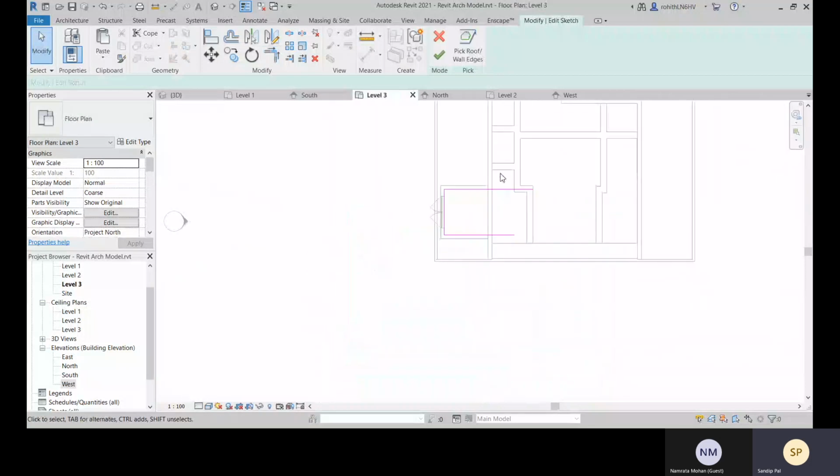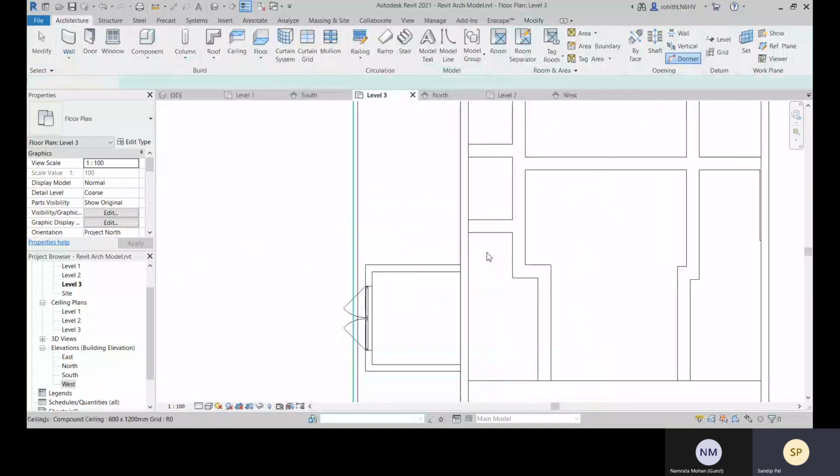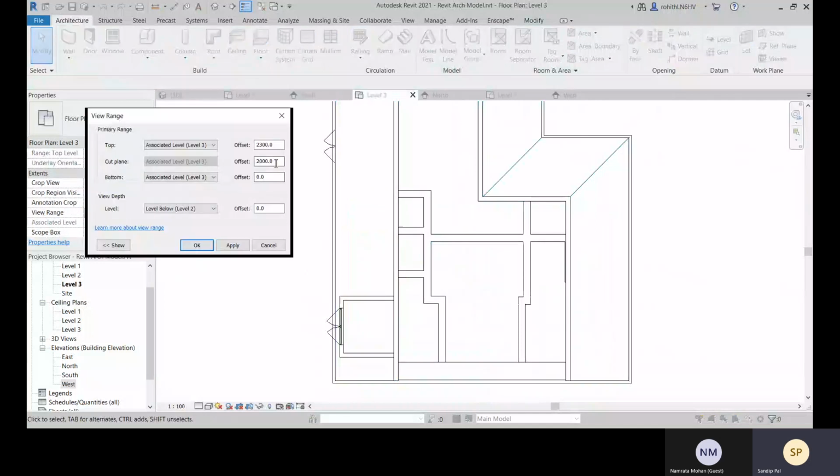So make sure I have to cancel this right now. Let me do it because here I cannot see this wall edges properly. Let me change the view range.